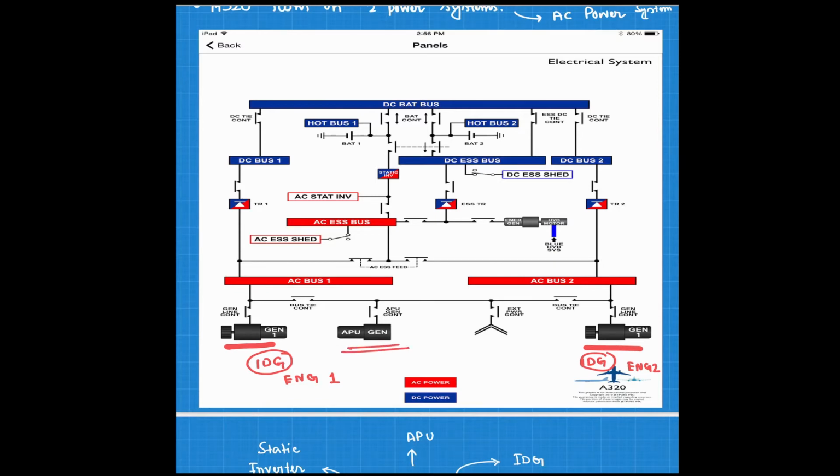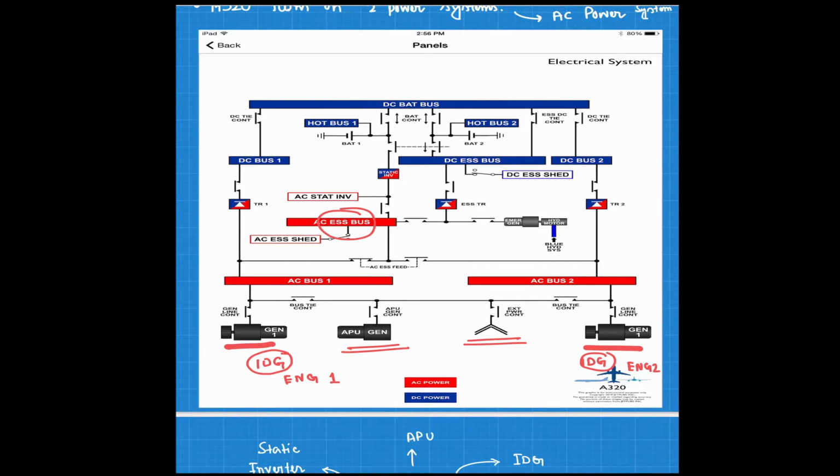And if the aircraft is parked near an aero bridge, the ground external power will be connected to supply the AC bus. The AC bus basically feeds this AC essential bus. So what is this AC essential bus? The essential bus is a bus to which the essential components are connected. I'm repeating this: essential components are connected through the AC essential bus.